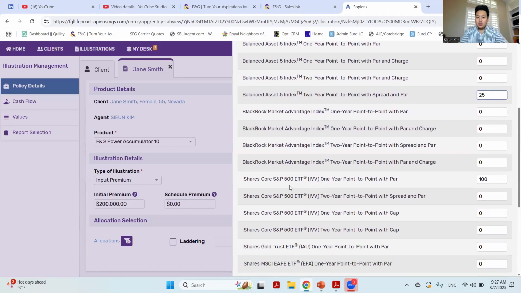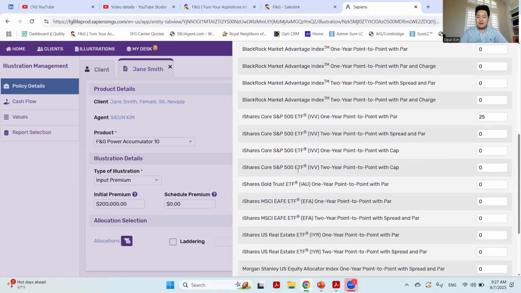The iShares Core S&P 500, this is pretty good. You can go ahead if you wanted to do that one. That means it's following the S&P 500. So if you wanted to put like 25% on that,